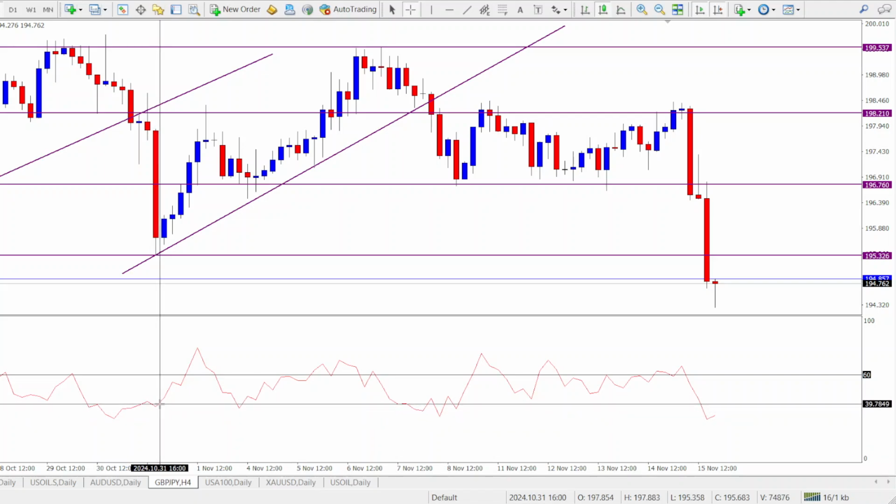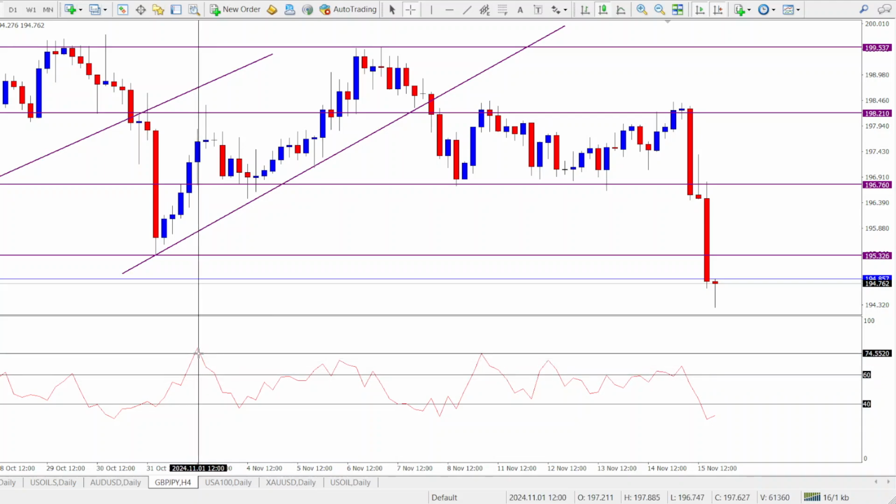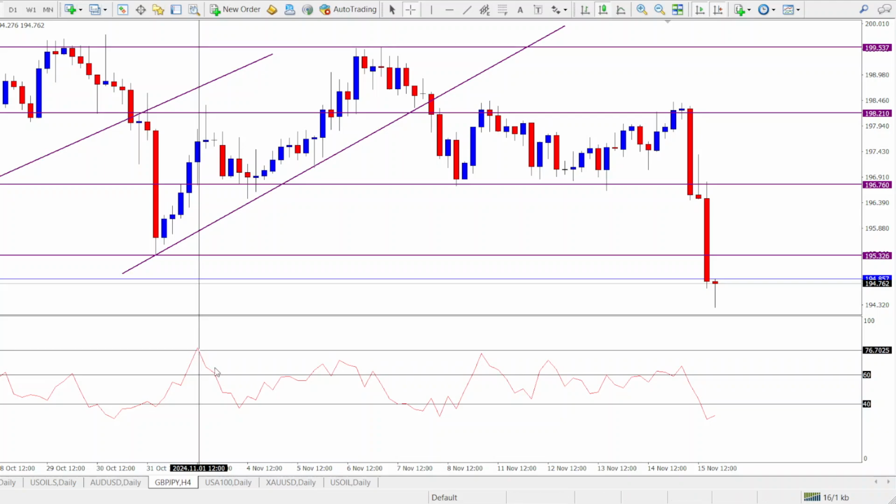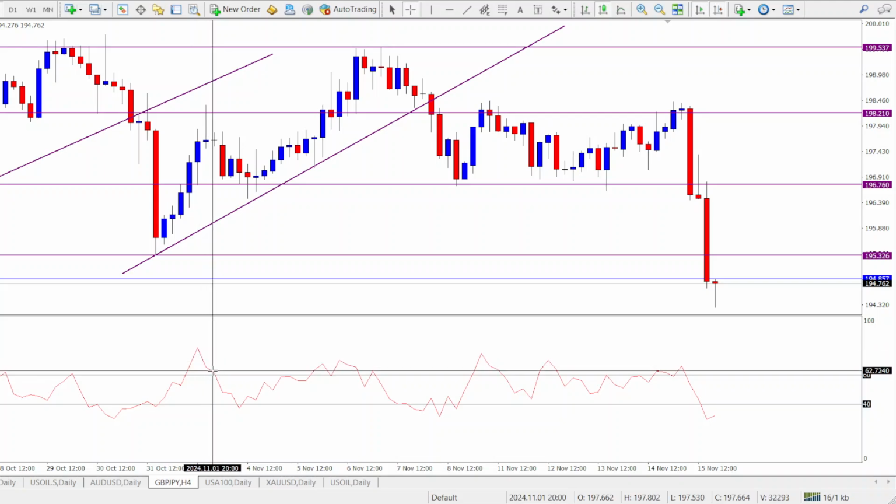It must cross above the 40 level and start trending before you buy. So we should have bought somewhere around here. And then before you exit your buy trade, make sure that the indicator starts dropping, not just when it enters overbought, but when it starts trending downwards. So we should have exited somewhere around here as it started trending downwards, or even wait for it to cross